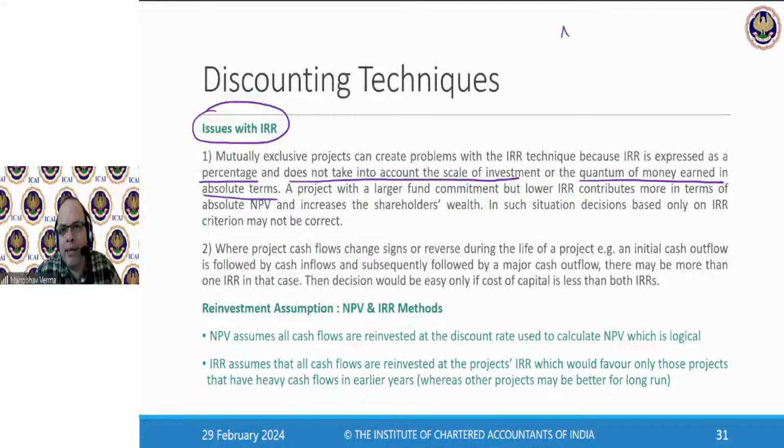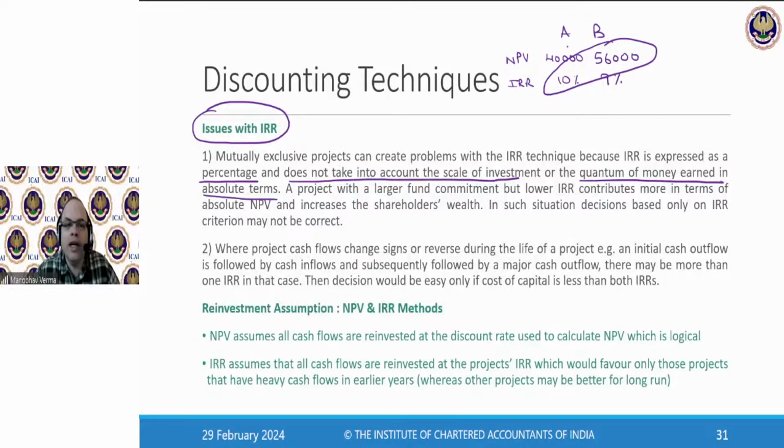So let's say projects A and B. NPV of project A is 40,000. NPV of project B is, let's say, 56,000. IRR, let's say this is 10% and this is 9%. You have conflicting decisions here. IRR says project A, NPV says project B. The idea here is that IRR doesn't take into account